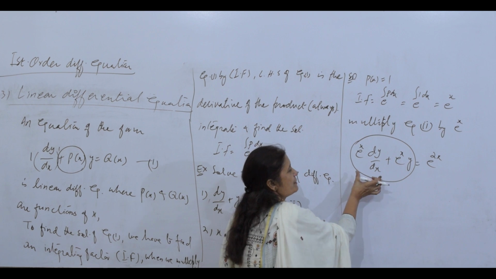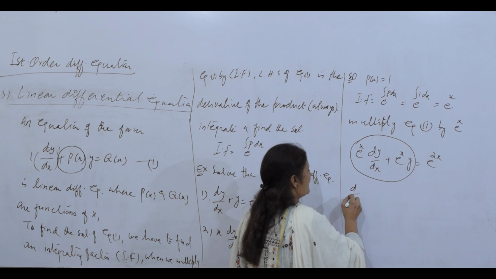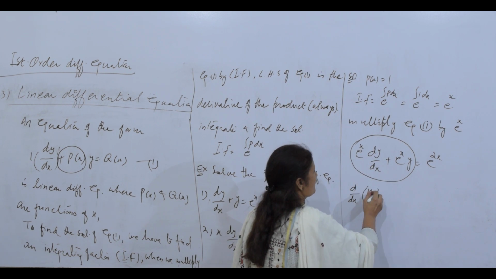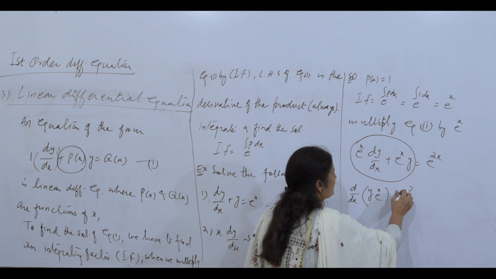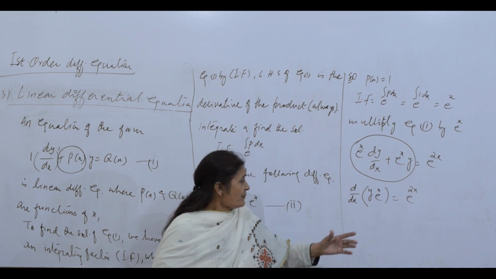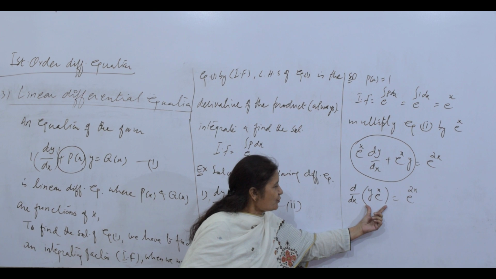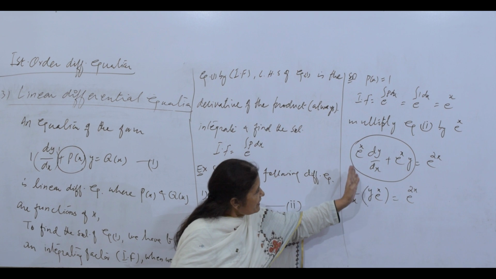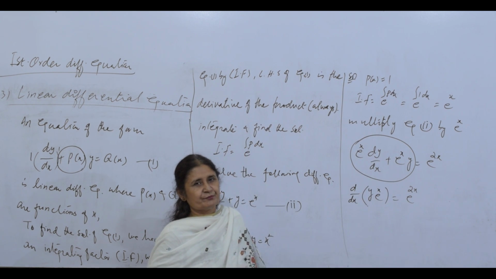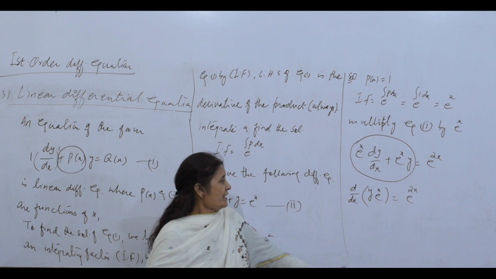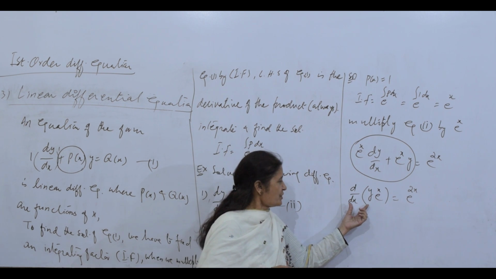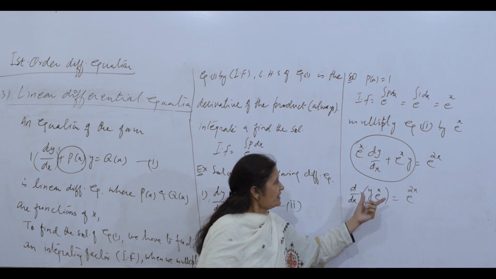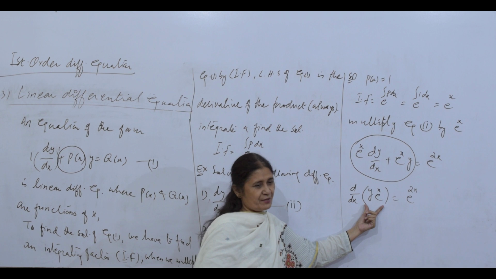How to write it? Let me look at the first term. d by dx is taken out, I am left with y, and here e^x. And this is e^2x. This is the point to be noted: if I write this as the product of two functions and apply the product rule, I will get these two terms back. Is this clear? With the product rule, dy by dx times e^x plus y times the derivative of this. Look at that, these two terms come back.